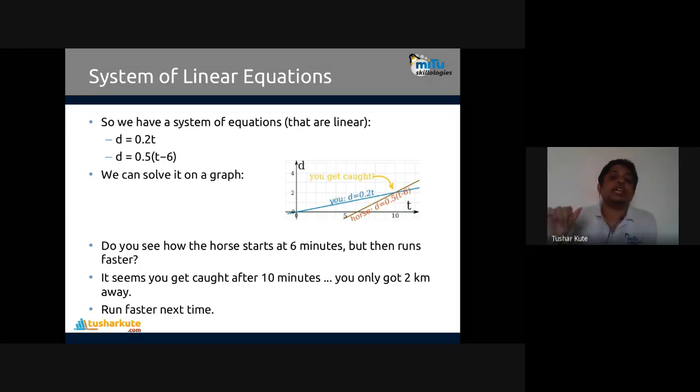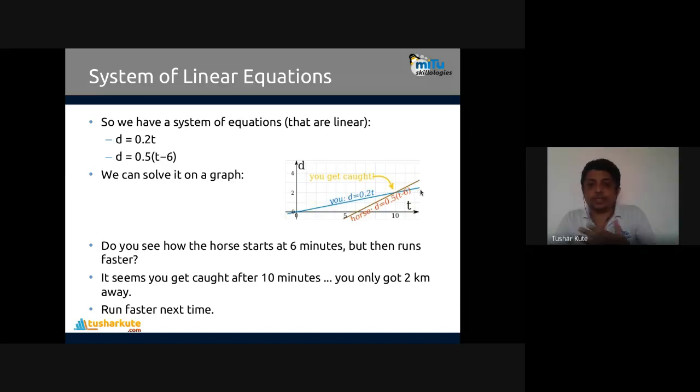And now if you plot that in the form of the graph, you can see this is where you have started. See here, I have started my journey, correct? My speed is 0.2. So using the blue line, I have started my journey, and I am progressing linearly according to time. So on the x-axis I mentioned t, that is time, and on the y-axis I mentioned d, distance. So for my case, as time is progressing, my speed is like this one, 0.2 t.